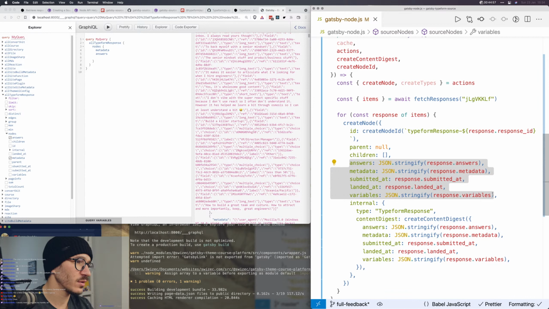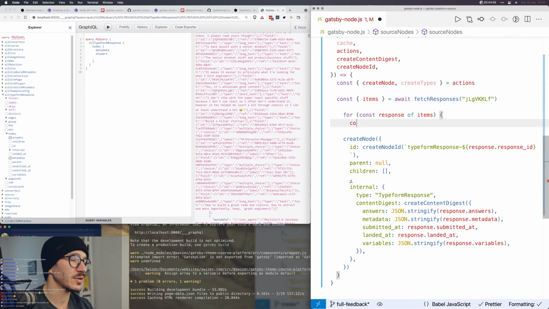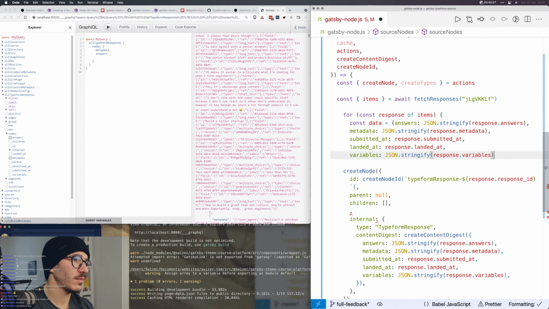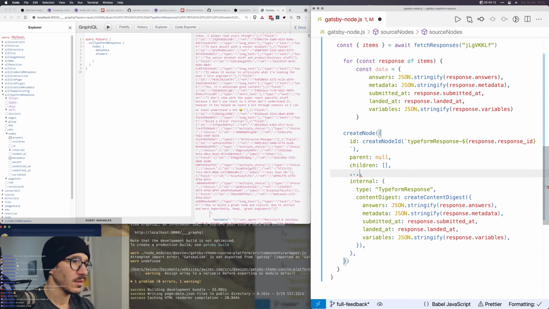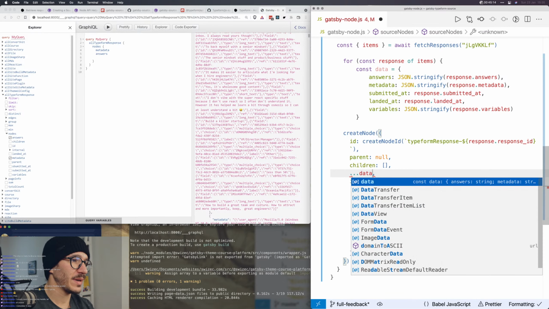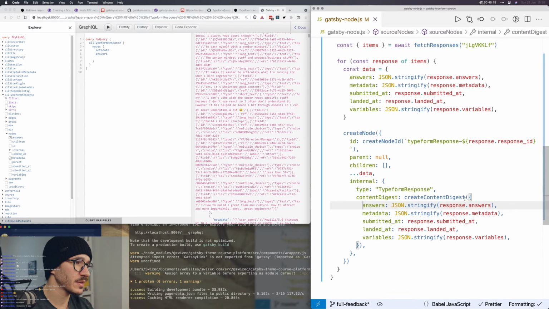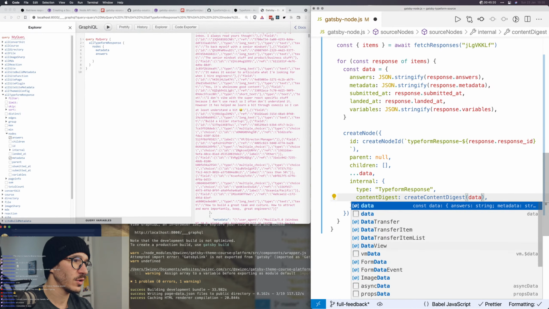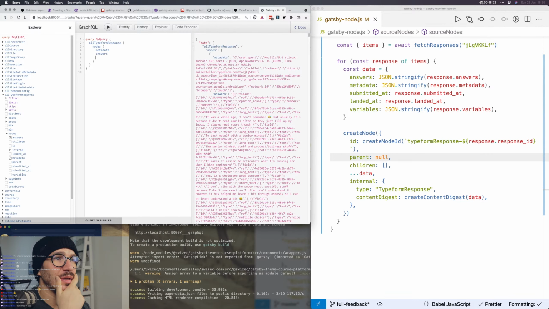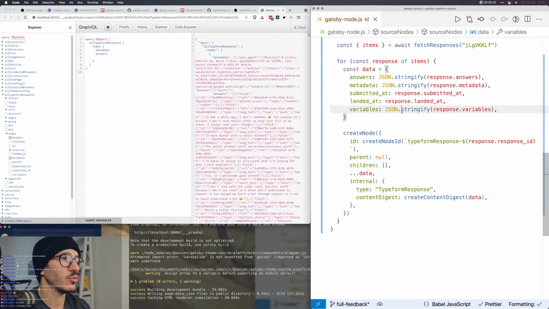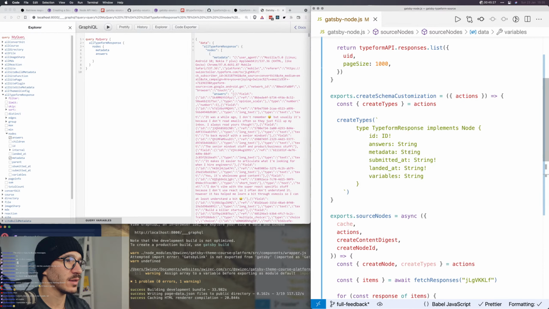So here we're going to do it like this. Const data equals blah. And then we can pass it in here, and we pass it into the content digest so we don't have to retype stuff so much. Now, how do we make the metadata more useful? So instead of metadata, how do I, oh yeah, the